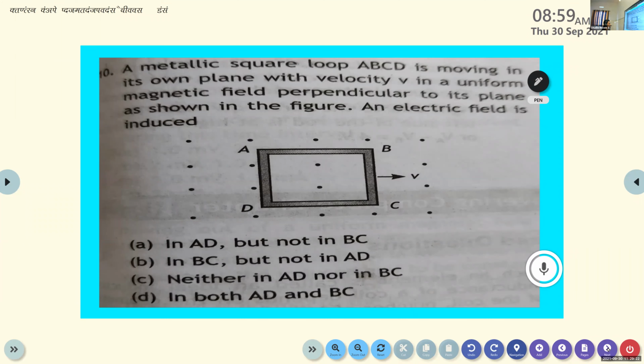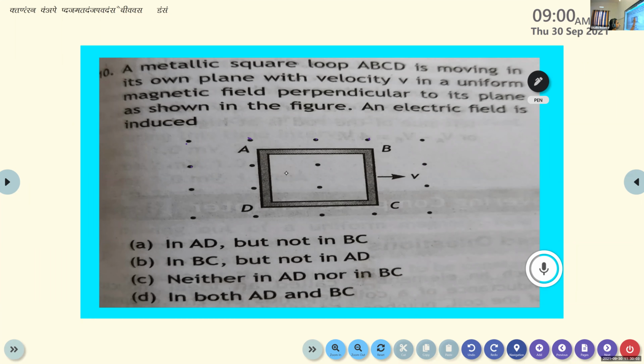So before that, can you say what about the direction of the magnetic field? Is it projecting into the plane of the paper or out of the plane of the paper? It is projecting out of the plane of the paper. Why? Dot symbol. Yes, because here the magnetic field is represented by dot symbols. If the magnetic field is represented by a dot, then we can say the magnetic field lines are projecting out of the plane of the paper. If it is represented by a cross symbol, then we can say the magnetic field is projecting into the plane.